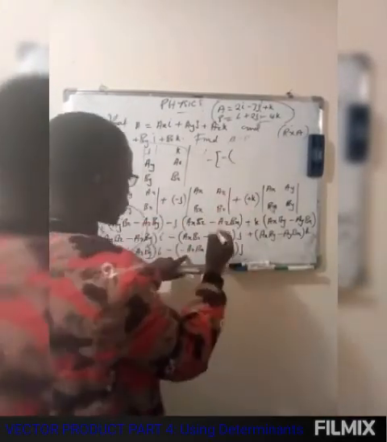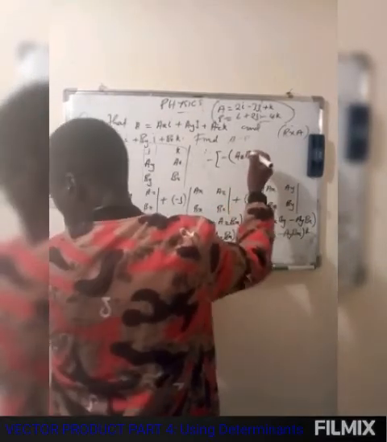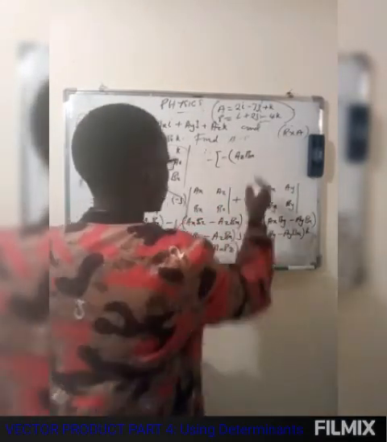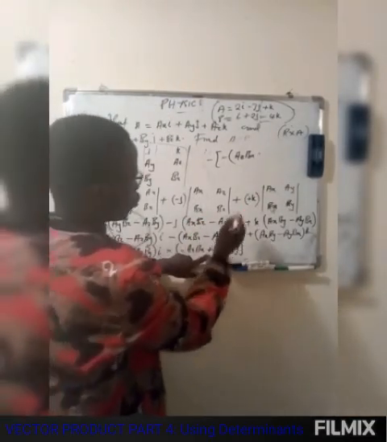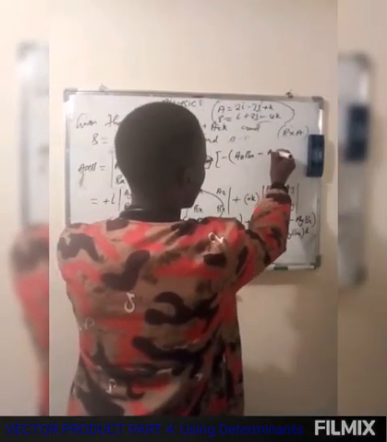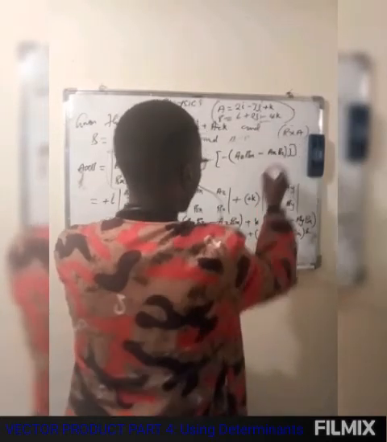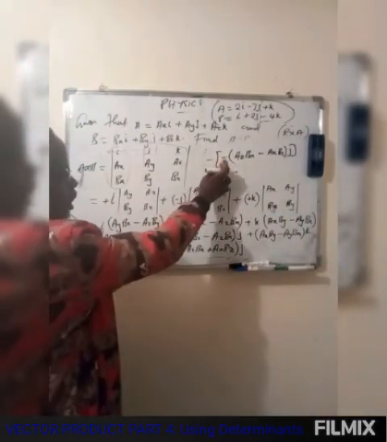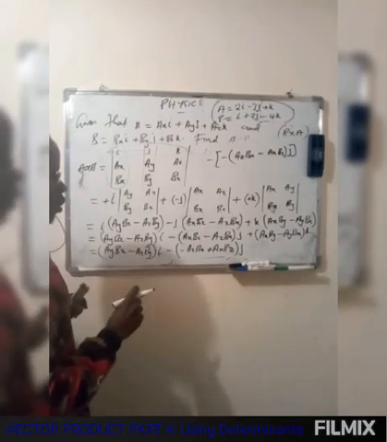We factorize out the negative, so I have AZ BX, then minus, because we are factoring out the negative, AX BZ, okay? And then we have the j there, right? And then this negative here and the negative there, they're going to cancel out so that they become